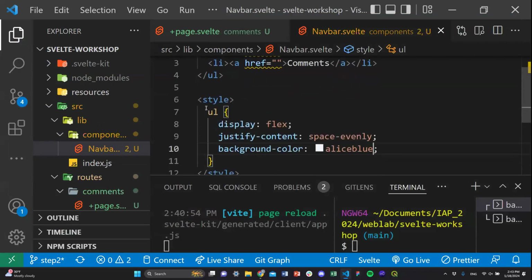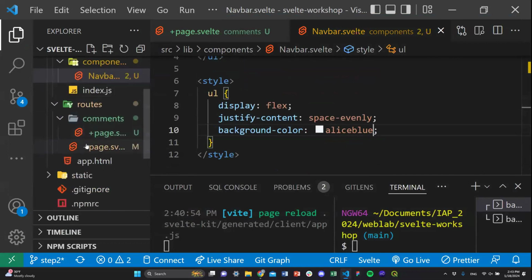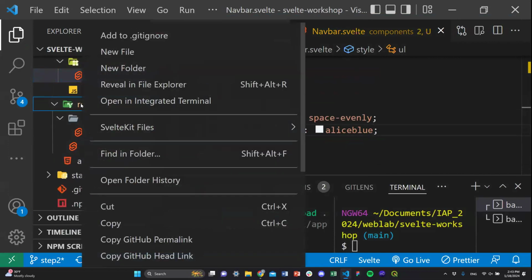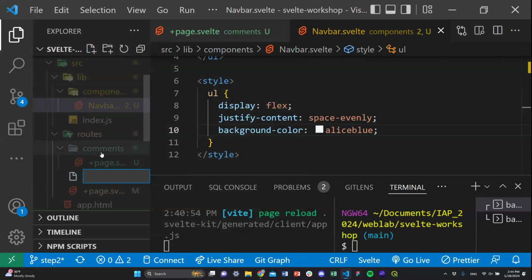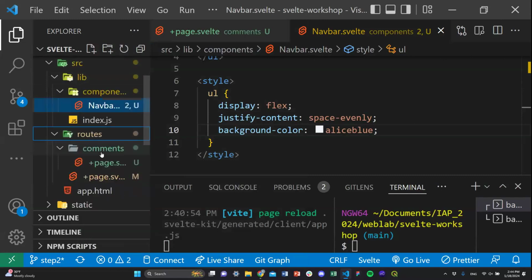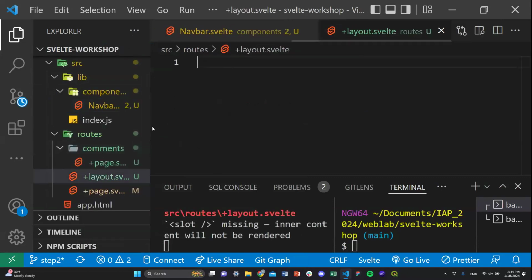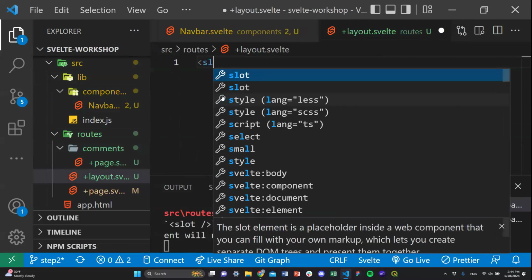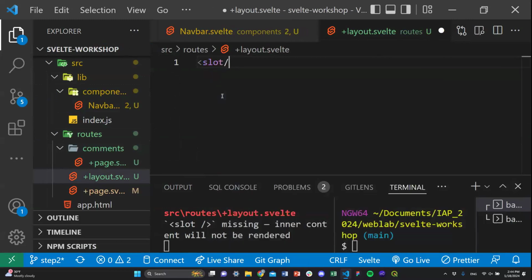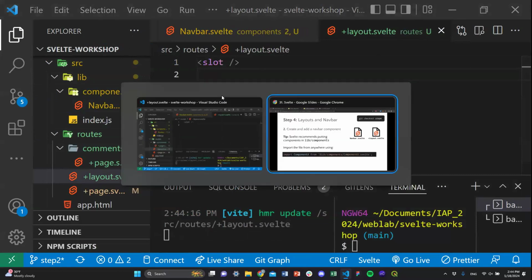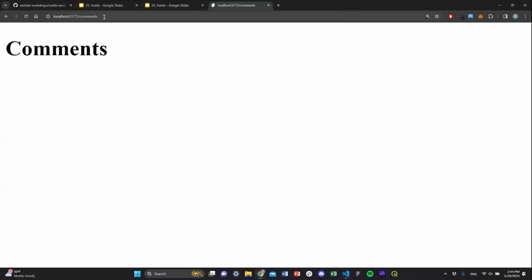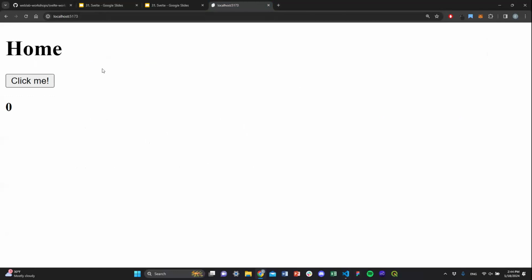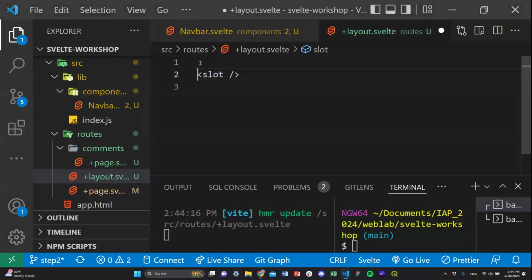Okay. Now to render this navbar, let's create, as we mentioned before, the layout file. So I'm going to go to routes and I'm going to add a plus layout.svelte. And you might see in your terminal that there's going to be an error because we don't have a slot tag to render all of the other content. So I'm going to create slot. And if we go to our website, you'll see that right now we basically just have the exact same thing as we had before. But if we go ahead and create the navbar element,